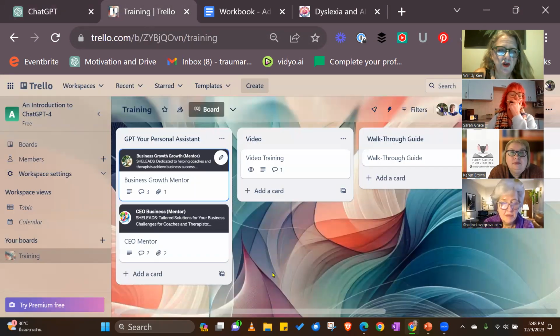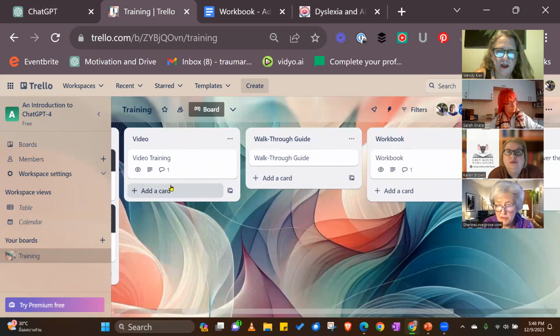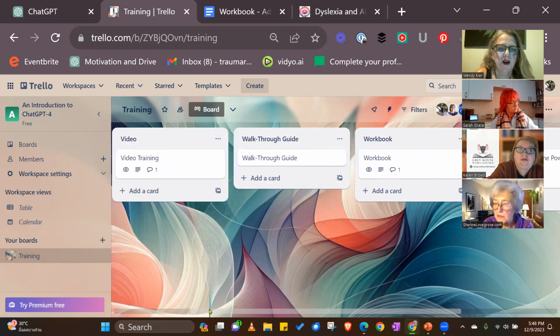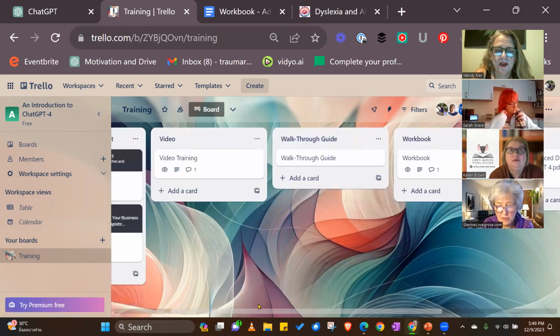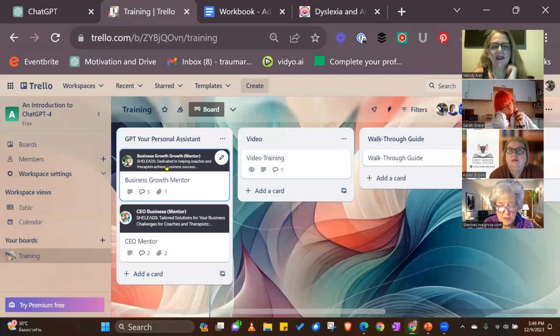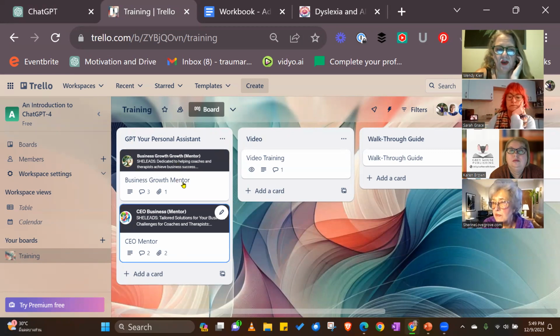So inside Trello, we have the video training always here. You can always jump on for future sessions. It will be changing slightly. I'm going to split the training in half. But you've got the walkthrough guides, the workbook, the video, the slides, and also what I'm adding in is all of my ChatGPT tools that you can have access to.